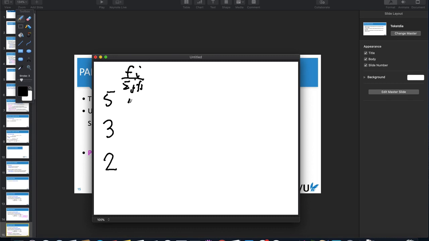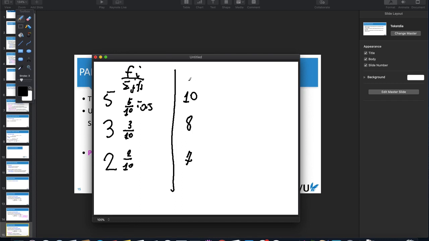So we have 5 divided by 10, 0.5. Now we have 3 divided by 10 and 2 divided by 10. The problem is that if we add now, let's say we add 5 to all these values. We added 5. So now if we again apply this formula,